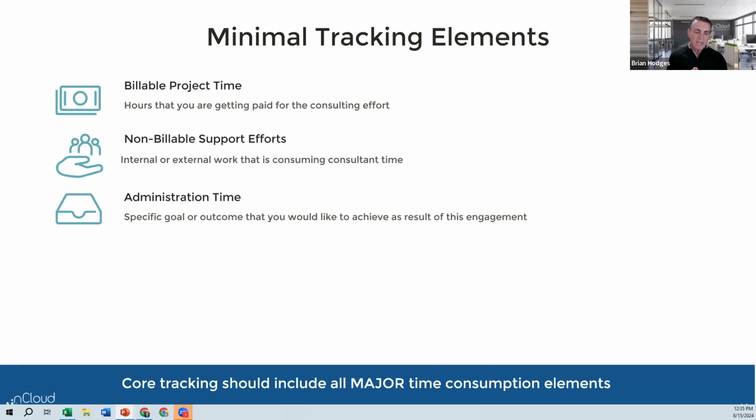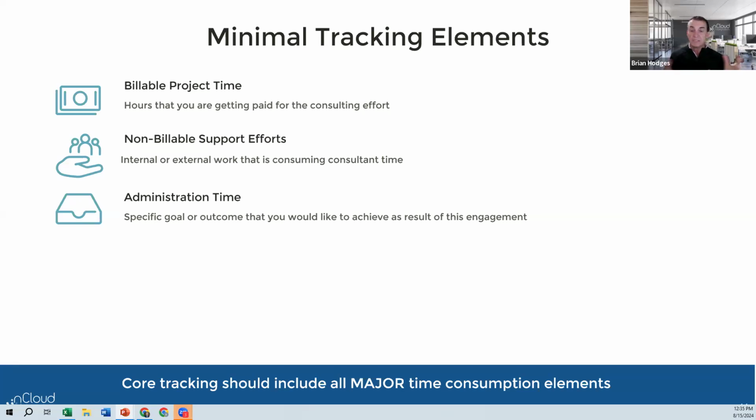This is one of those things that I find extremely interesting because I ask new customers when I'm doing an evaluation of their services practice. I'll typically do interviews with their team. I'll take a look at whatever level of tracking they have on administrative work. And more often than not, the teams are actually quite surprised at exactly how much time their consultants are spending doing administrative work. Things like